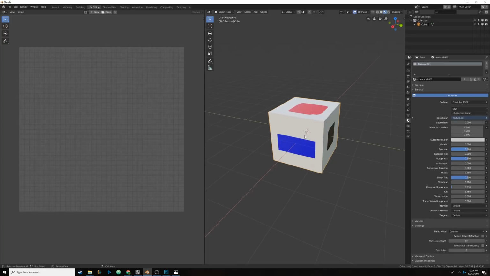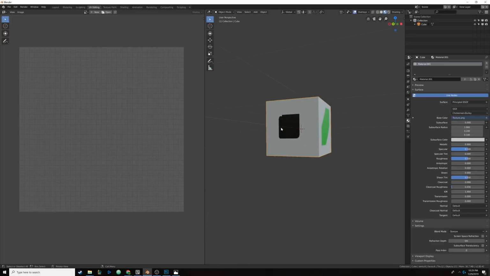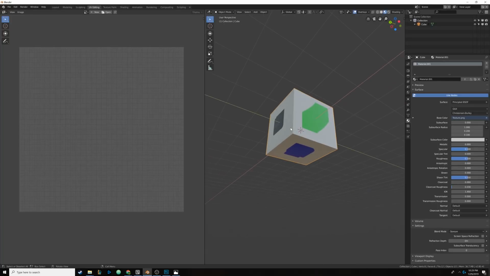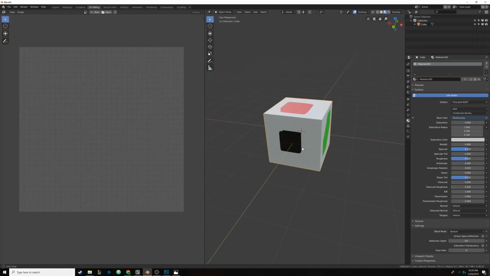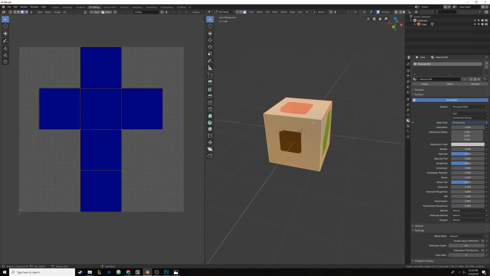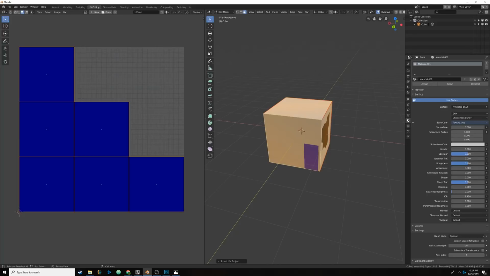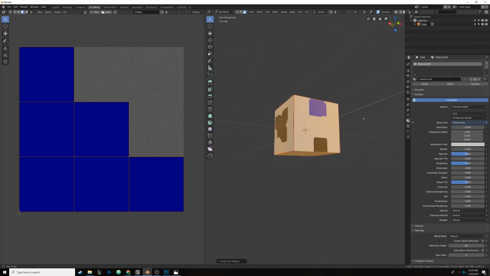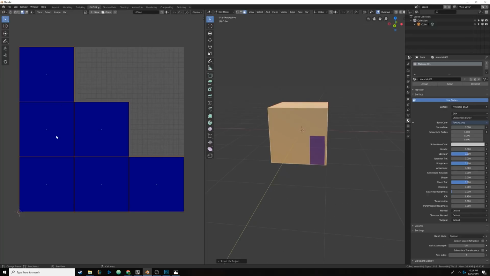You can get an idea for how you want to go about UV mapping, and it's basically its own art form, because you need good UV maps for characters and organic shapes. You can also do the hacky way of UV unwrapping if you really don't care. You can hit U or go up to UV here, and if you hit Smart UV Project, Blender will try to guess where to unwrap the faces based off an angle limit. And it isn't very good. You'll notice if I hit OK, it did unwrap all the faces, and since this is a cube, you wouldn't really notice any problems with it,